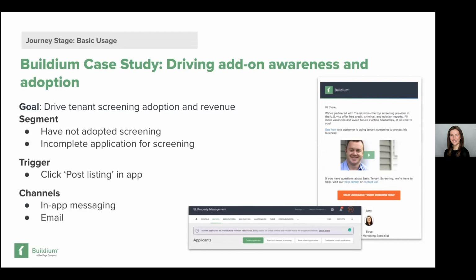So it's a key add-on for our customers. But of course, we wanted to prove the value and target those who don't have it and may have started to apply for it, but abandoned the cart in the middle of the process. And so we used a trigger of